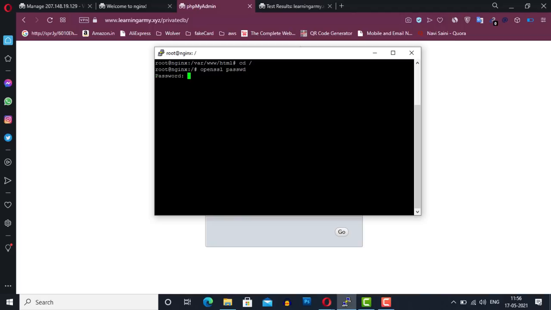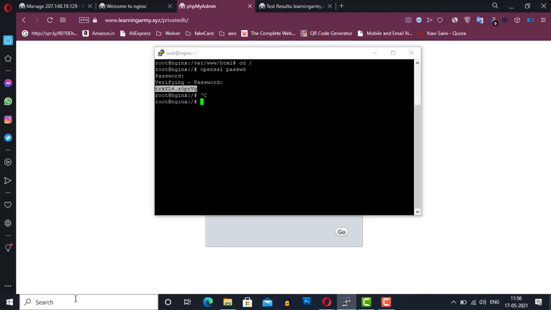Now type the password that you would like to use. Type again to confirm the password. So as you can see, this function converted our password into the encrypted string. We will use this password in the authentication file that we will create soon.